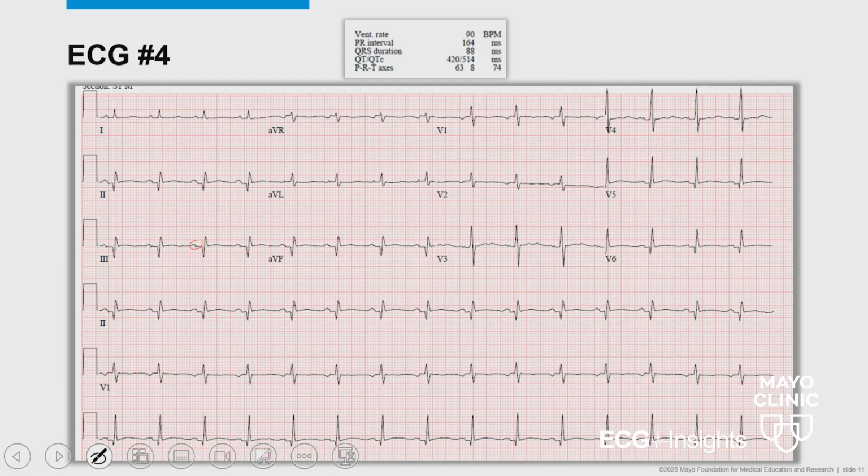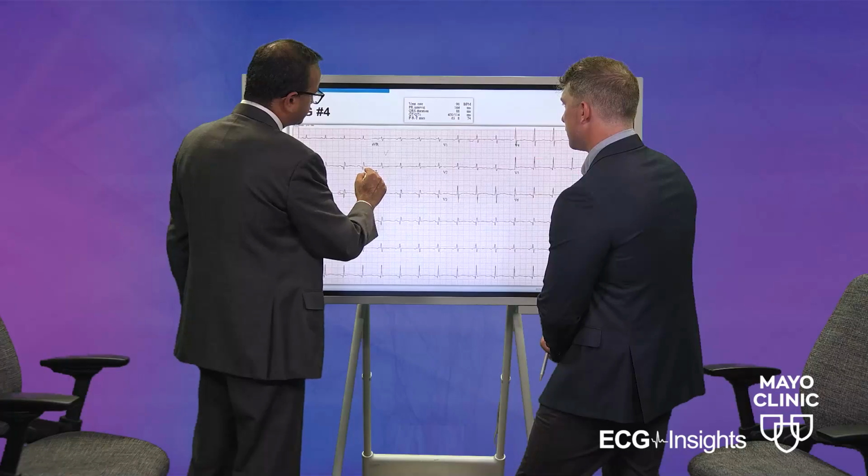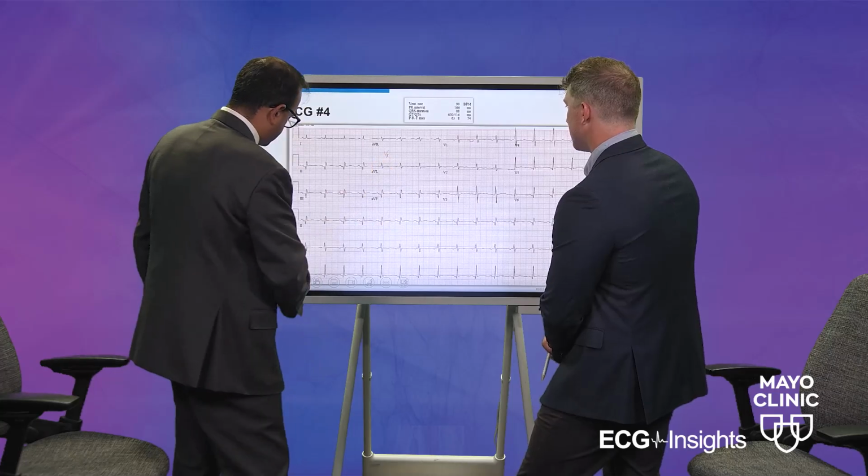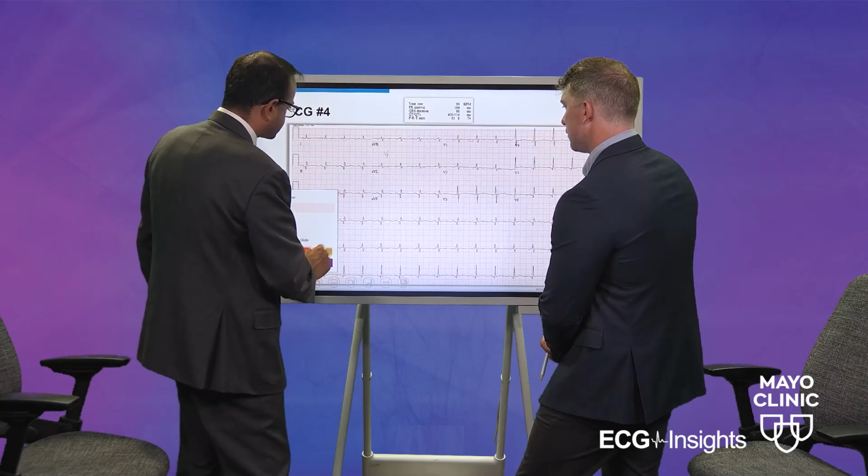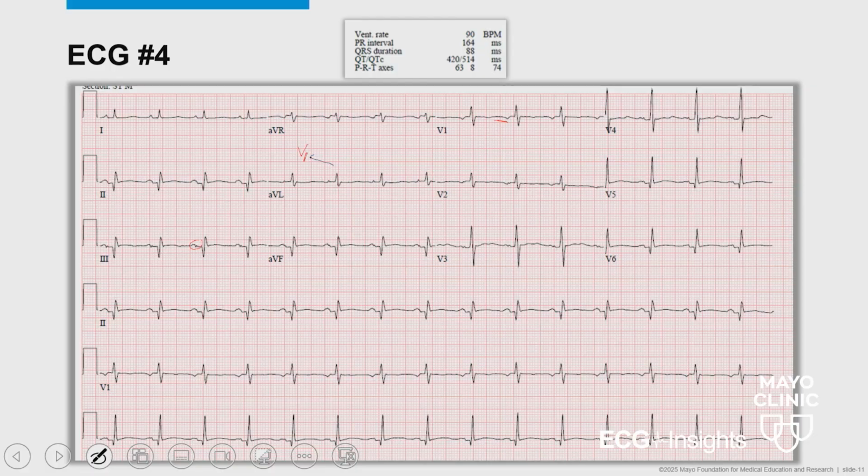Notching of the P wave, and then also the negative deflection in V1. And again, that tells you this whole vector concept is how the heart works. Activation going towards an electrode makes a positive wave. Activation going away from the electrode makes a negative wave. So if you look at V1, it is placed in the right fourth intercostal space. So any activation going towards V1 makes a positive wave. Activation going away from V1 makes a negative wave.